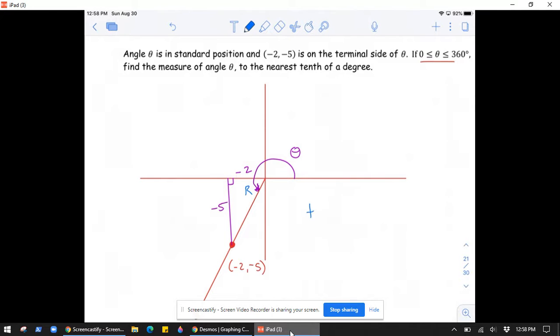So we note that the tangent of R, and you can ignore negatives in this case, it really won't matter. Either ignore the negatives now or ignore them when you find the angle itself. Ignoring negatives, tangent of R is clearly 5 over 2, which means R is tan inverse of 5/2. That's not something we know off the top of our head, so we use a calculator